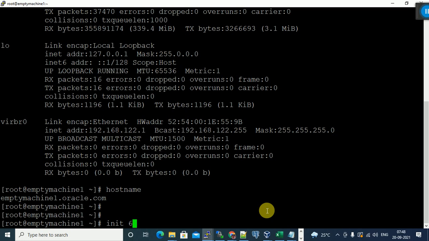It will shut down the Linux machine. Again, it will start the Linux machine. Shut down and starting we call a restart. It is restarting, first stopping and starting the machine. Reboot the machine. Whenever anyone asks how to reboot the Linux machine, use this command init 6. How to shut down? init 0.